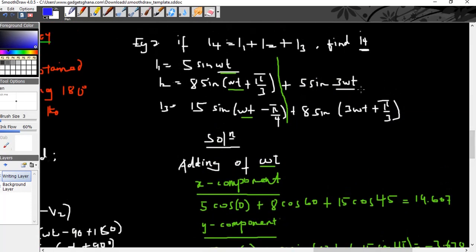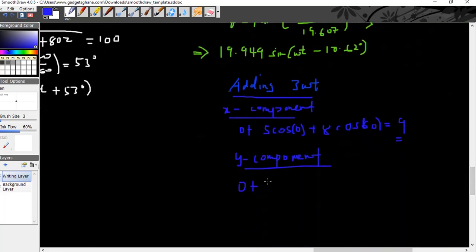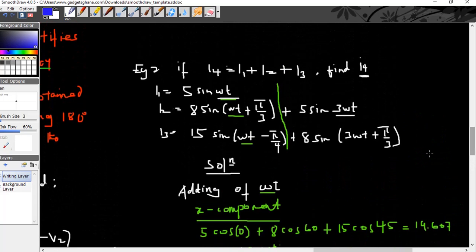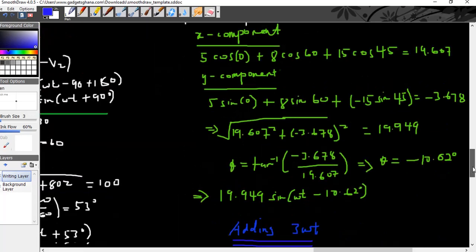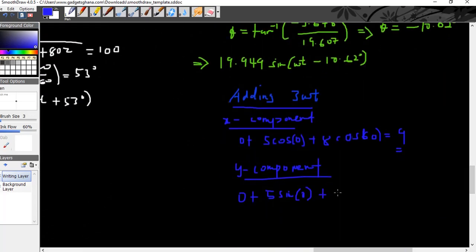So we have 5 sine 0. There's no angle over here, so we have 5 sine 0. Okay, and you know that sine 0 is insignificant. And then you have 8 sine pi on 3, that's 60 degrees. So we have plus 8 sine 60 degrees. Okay, so when you compute the entire of this, you end up with 6.928. Okay, so now let's find out